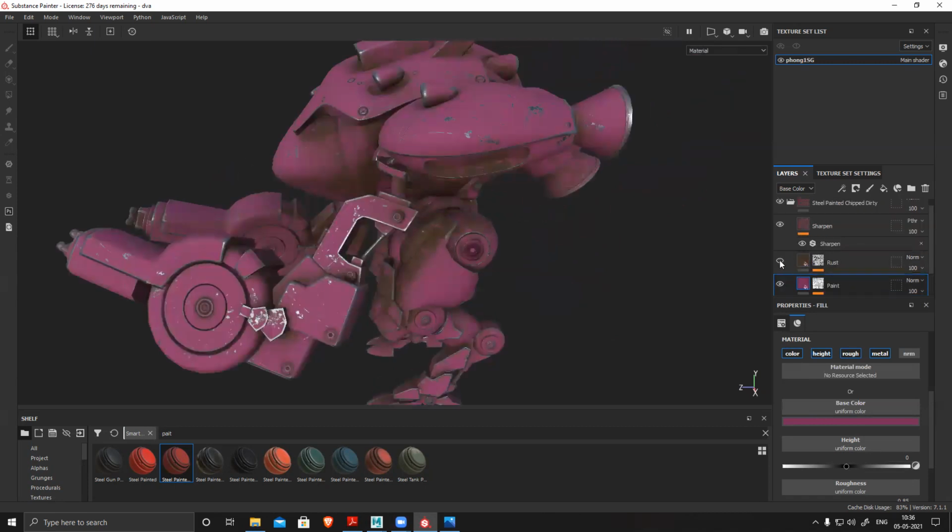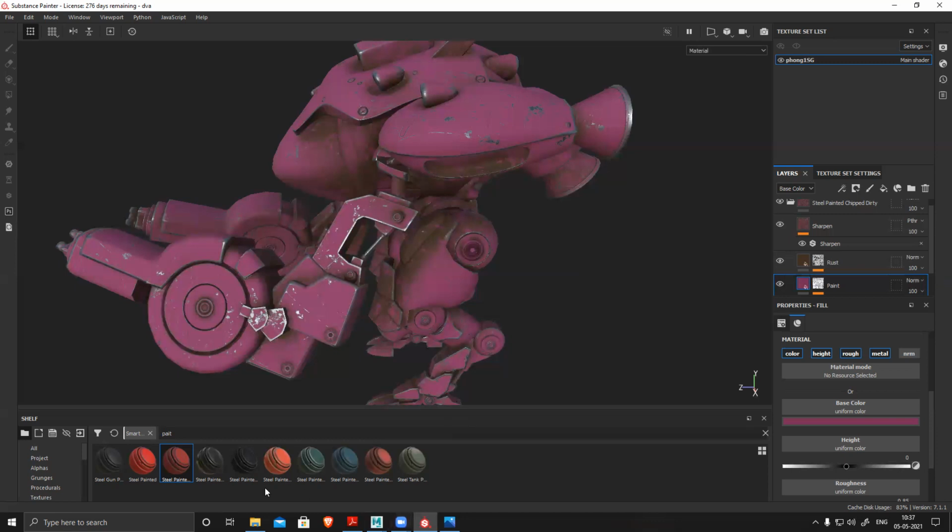Now all this rust and all, I have to modify the color, so my base will be ready super easily. And then I'll start adding detail slowly, one by one. And all those masks, all those textures and everything will generate here and be created here very easily. Paint everything.